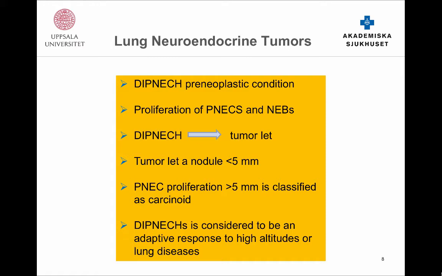I think it's very important also to realize that this is a common condition if you are living in high altitudes. So people living in the Andes, these high mountains, 6,000 meters, about 50% of the people there have deep necks. And they are living with deep necks. And this is an adaptation to this high altitude. So they had to have this to regulate the oxygen supply to the body.